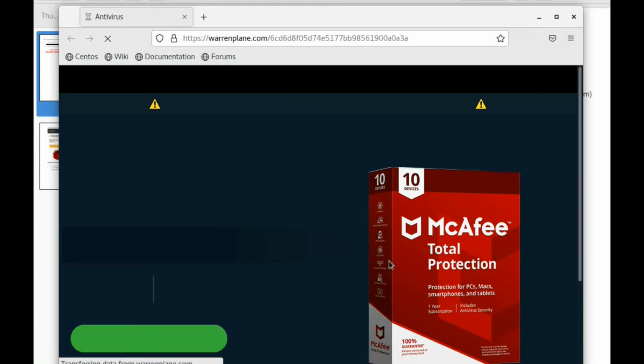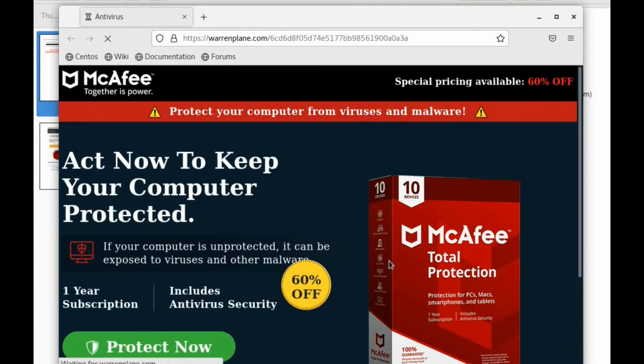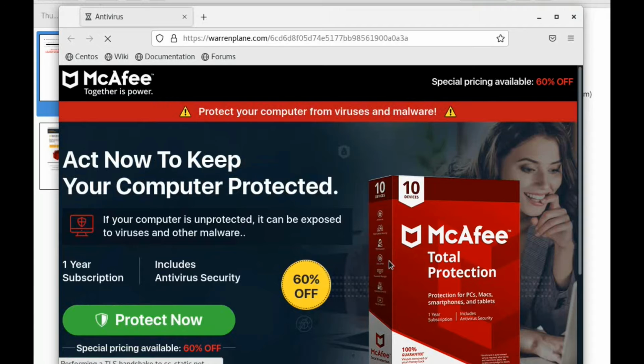Now, looking at the URL, that's one redirect. Here's another redirect. Wow. So, looking at the URL, it says warrenplain.com. It doesn't say McAfee, but I believe it does look like the McAfee